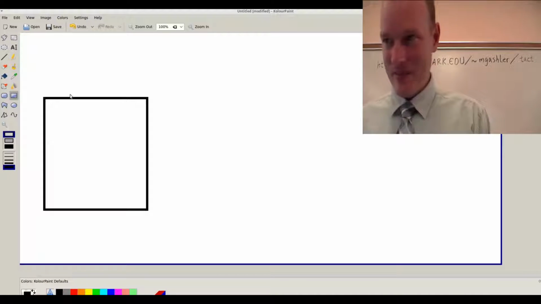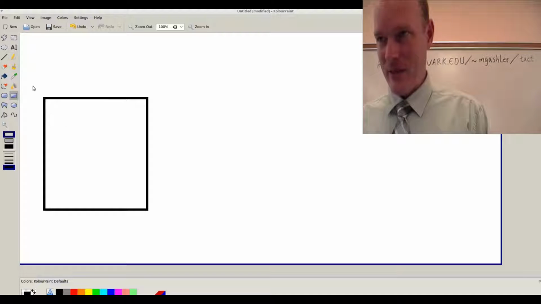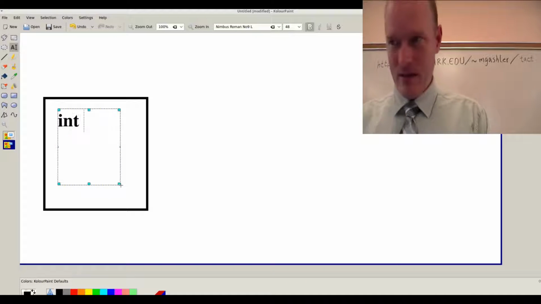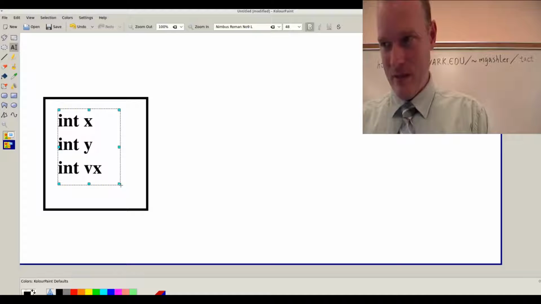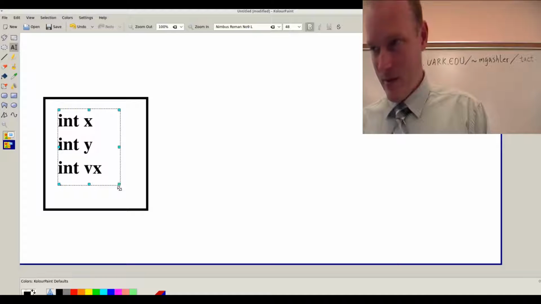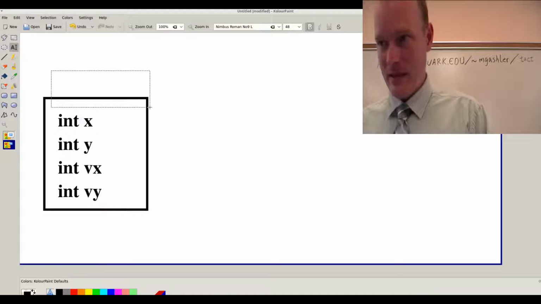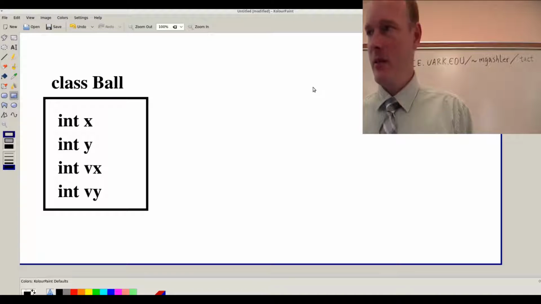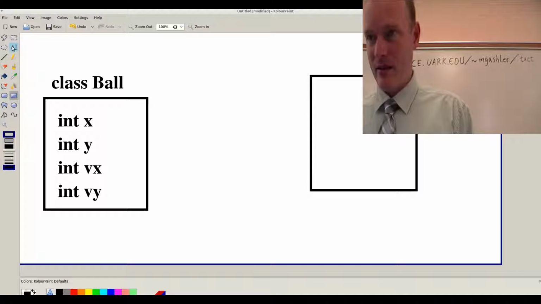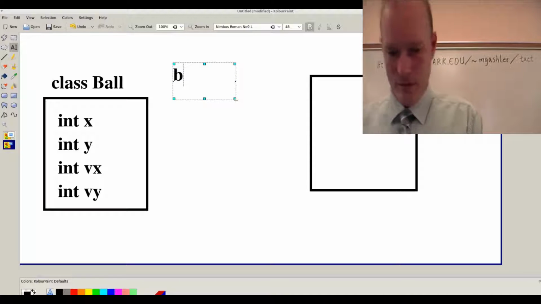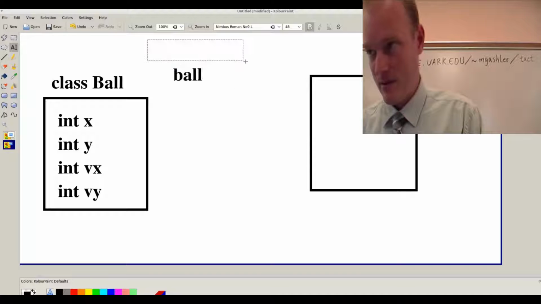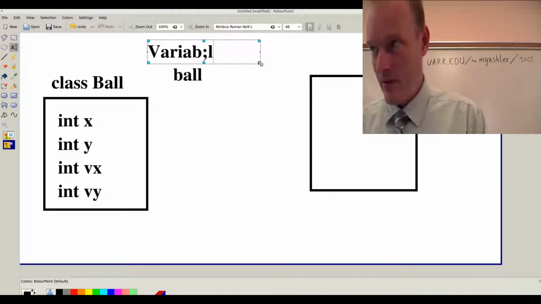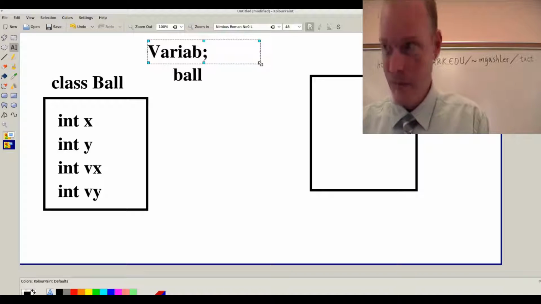Here's my class. My class is going to have in it int x, int y, int vx, int vy. And this is the class Ball. This is going to be my object. There's a variable over here. Gotta get my names right. Now my variable